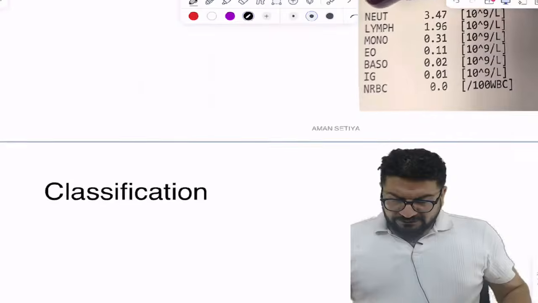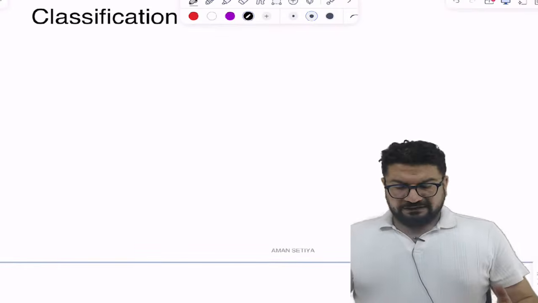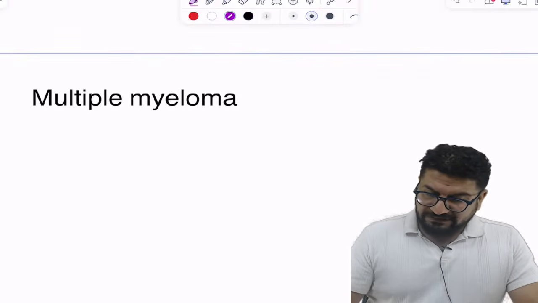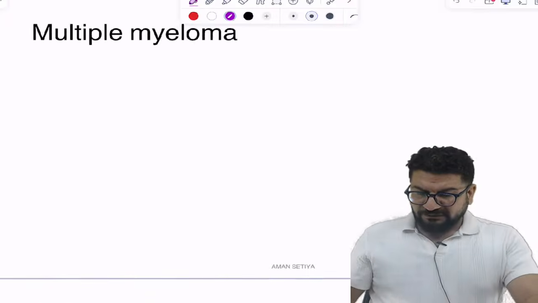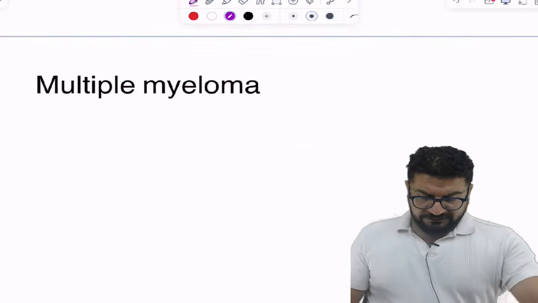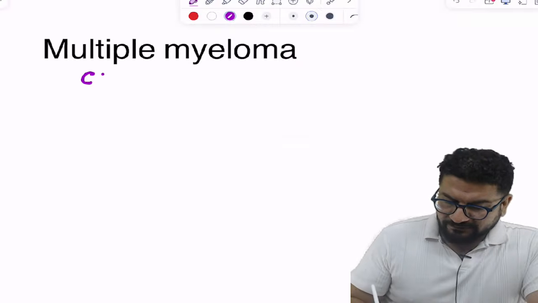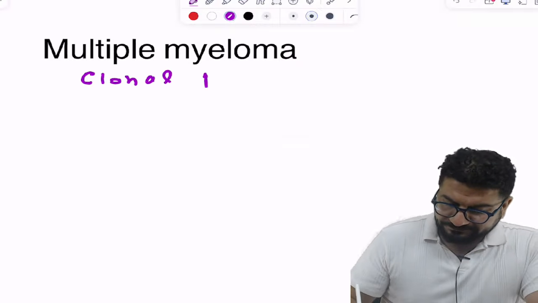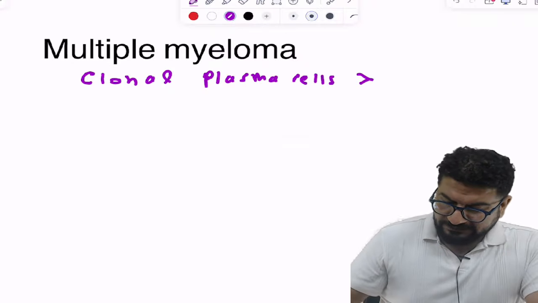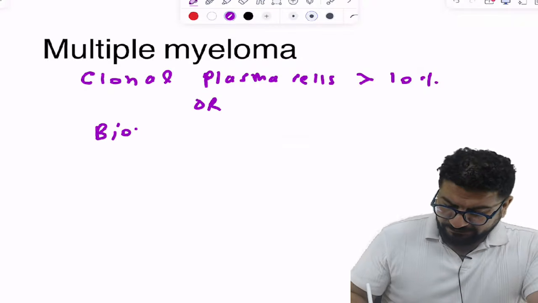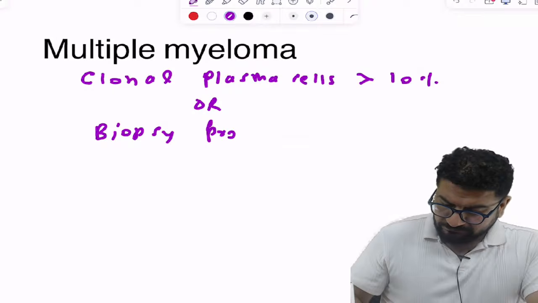Okay, now coming to hematology, what they ask you question on how to approach a question of anemia, कैसे आपको approach करना है. Sometimes they ask you question on multiple myeloma. So multiple myeloma से हर बार एक question आता है. So just try to understand this thing. In multiple myeloma, they ask you how we make a diagnosis. So whenever we have clonal plasma cells more than 10%, or you can see there will be biopsy proven plasmacytoma,